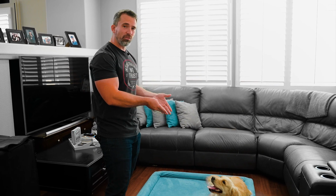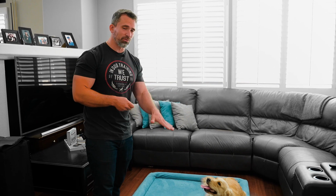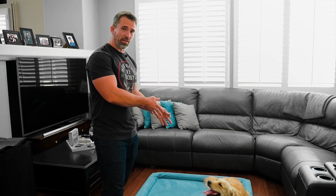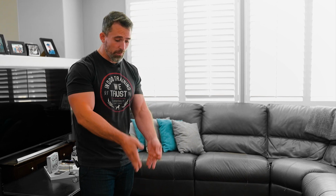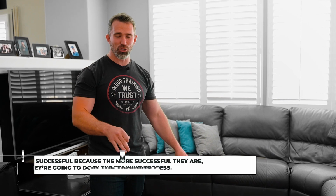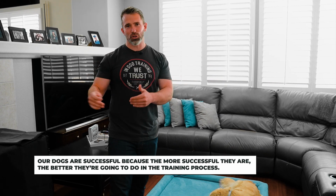This is one of the easier stays to teach. A sit stay is a little bit more difficult. A down stay is usually pretty easy for the most part, but it's still a little more difficult than this. We have the heel stay, we have center stay, we have come stay, which is come to us and stay in the position. These are all different stays, and this one is the easiest. So we want to make sure our dogs are successful, because the more successful they are, the better they're going to do in the training